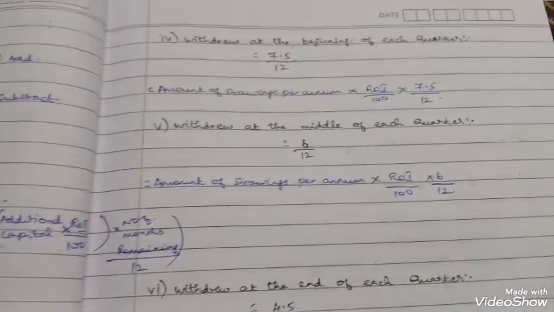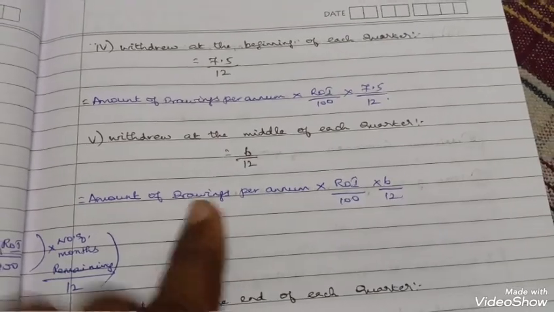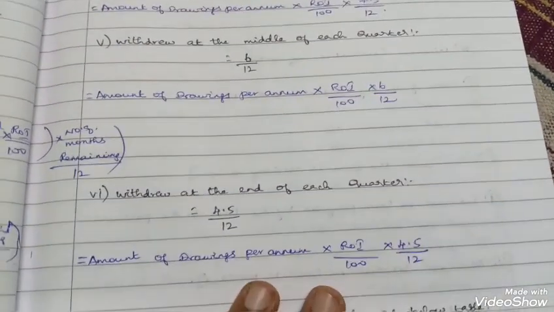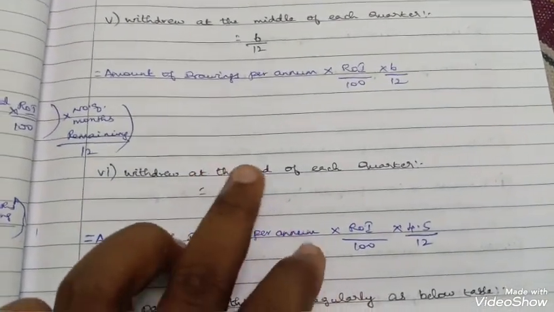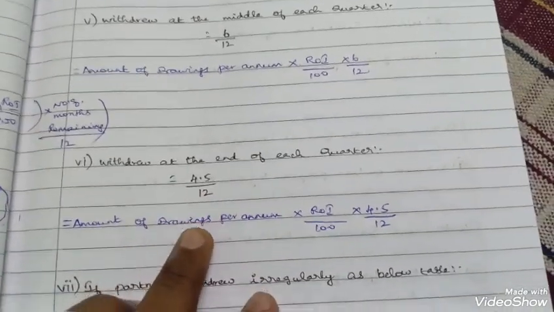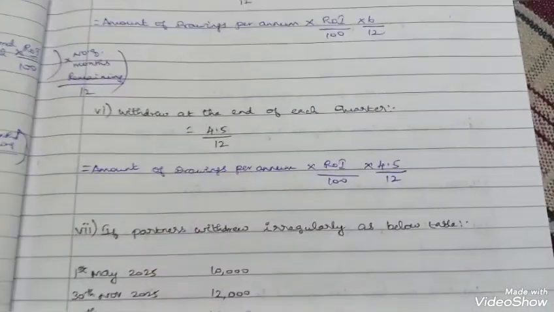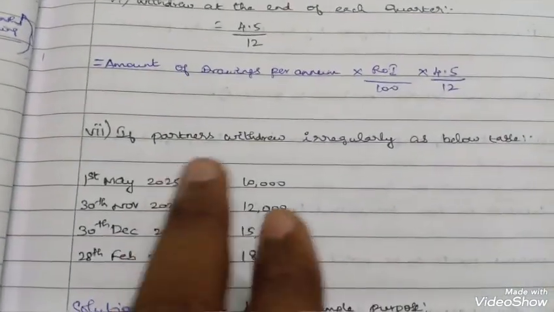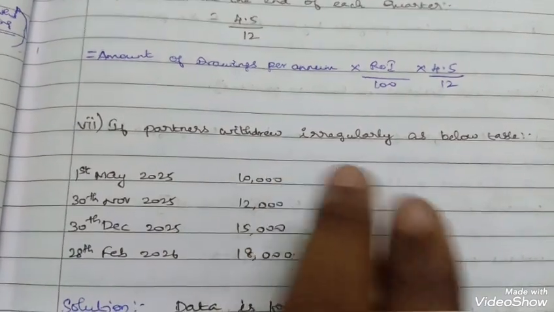So here also 6 by 12. Same formula. And if withdrawn at the end of each quarter, it will be 4.5 by 12. That's all. And the next concept is, if the partner is withdrawing irregularly,